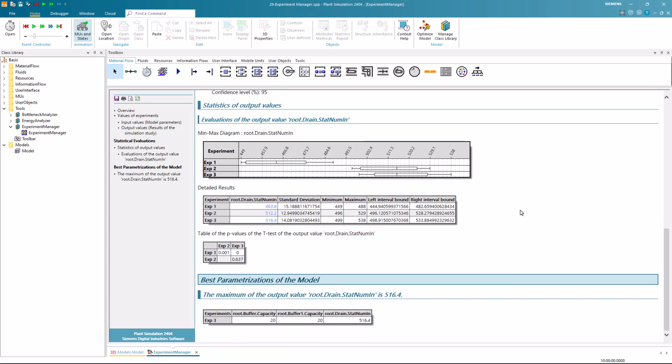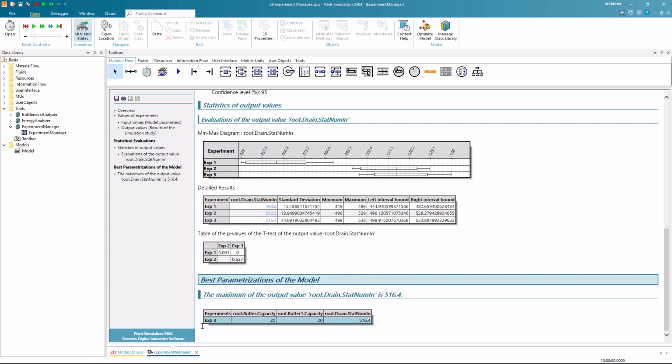In the last section, we can see the best parameterization. Obviously, here we see that a capacity of 20 gets the best result, however, with just an increase of around 4 parts compared to a capacity of 10. If you are primarily interested in achieving the highest throughput, you can set the capacity to 20. However, we should investigate the range of capacities between 1 and 20 in more detail, as there appears to be saturation beyond a certain point. So we should look for more precise increments, and need to evaluate all possible permutations up to a capacity of 20.